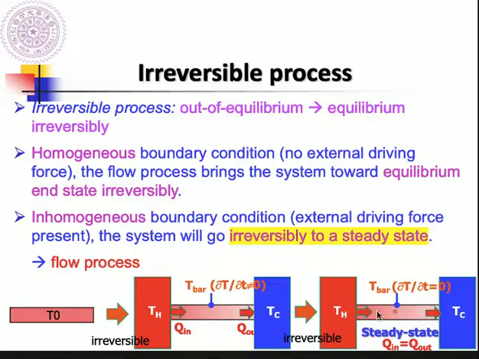Because the temperature difference or temperature gradient along this metal bar decreases over time until it reaches the uniform temperature T0. So this process is a non-steady state irreversible process. Okay, hope it